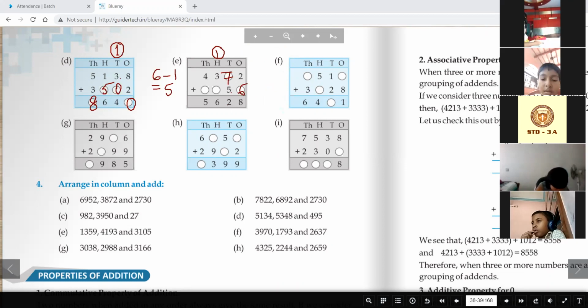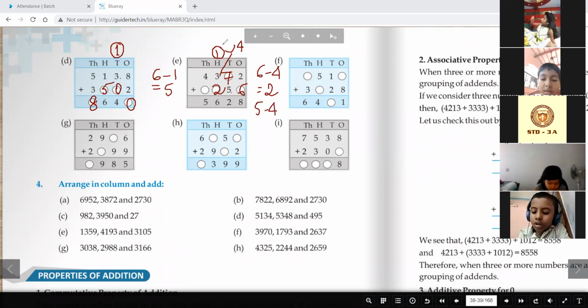One is carry on. So here we will do one thing. 3 plus 1 first we will consider. It will come as 4. Okay, and from 6 we will subtract 4. It will come as 2. So here we will write 2, and this part is in the thousands place. It is very easy. Very easy means 5 minus 4. It will come as 1.